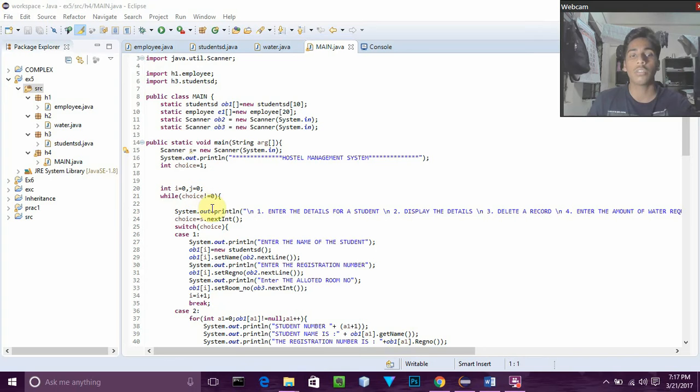We can see choice is not equals to 0, that means it won't come out of the loop until it becomes 1, and it won't, as we have initialized it as 0. Then we have initialized int i is equals to 0 and j is equals to 0. Now inside this while loop we are having system.out.println